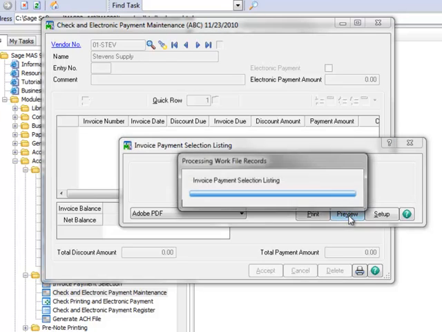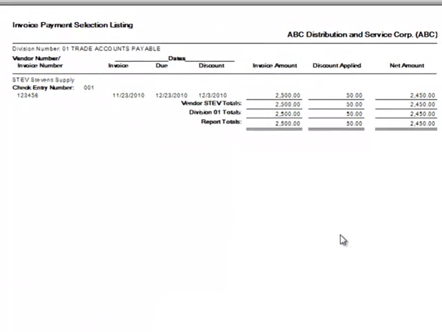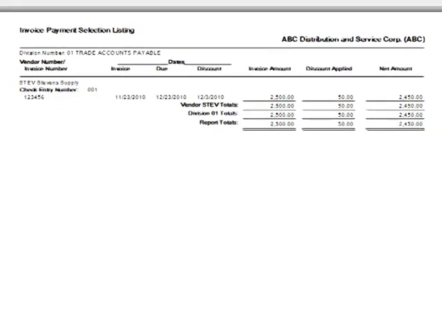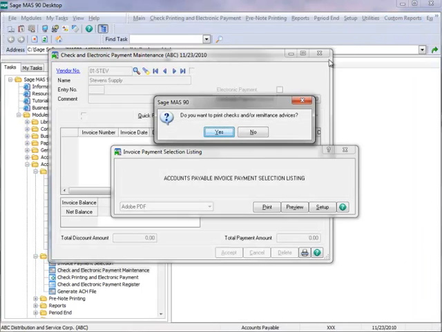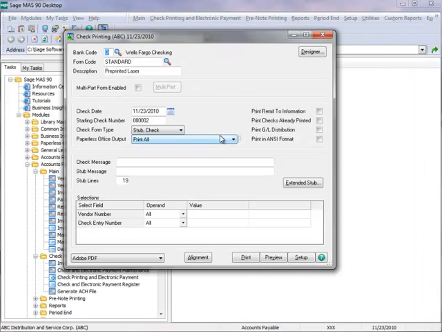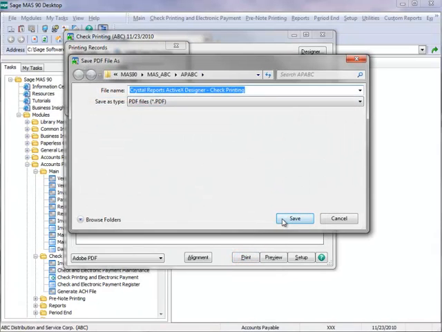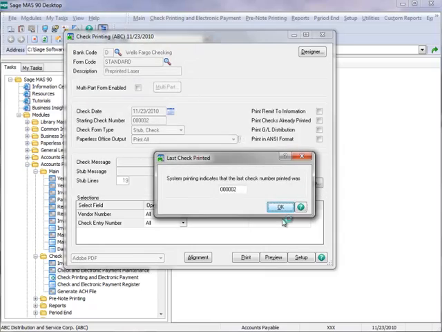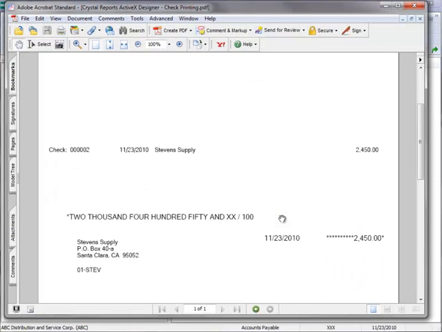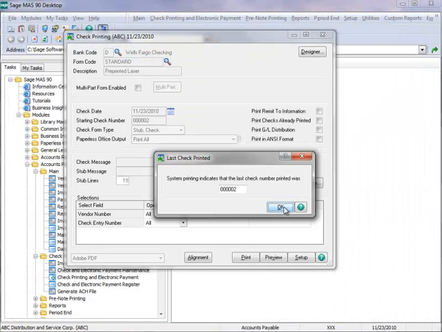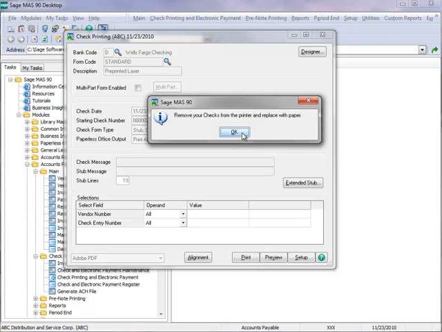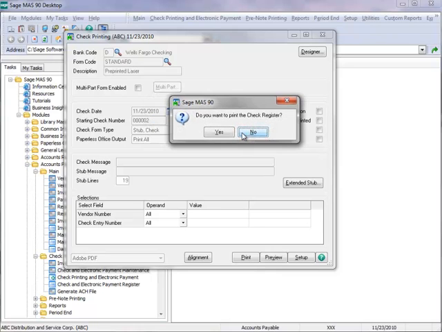We'll select Preview and view the invoices selected for payment on the screen, which in this case is just the one invoice. Let's close the preview and choose Yes to print the check. And here we'll again click Print. For demo purposes, we'll print the check to a PDF so we can view it on the screen. And there's the check, and everything looks correct, so we'll close the window and click OK on the last check number message, and OK again at the reminder to remove your check stock from the printer, and Yes to printing